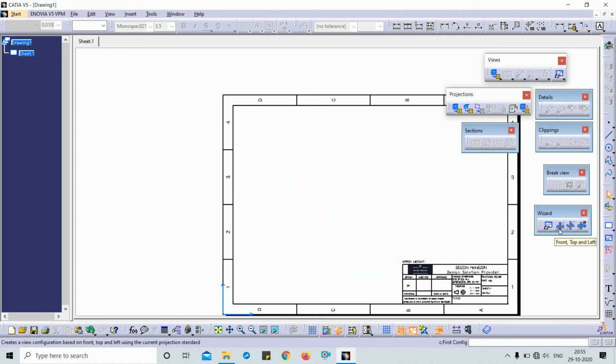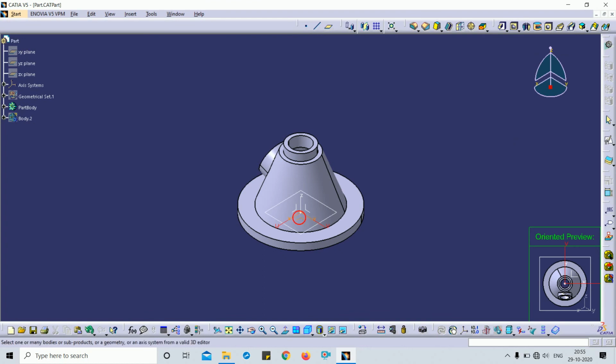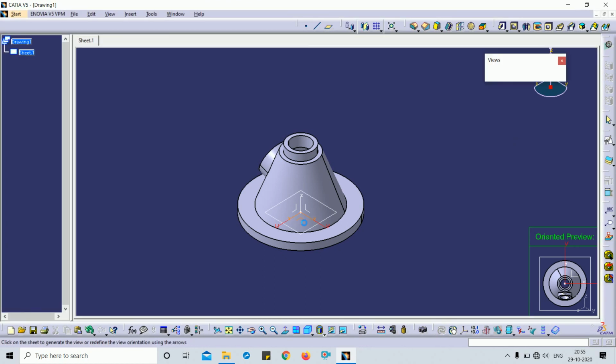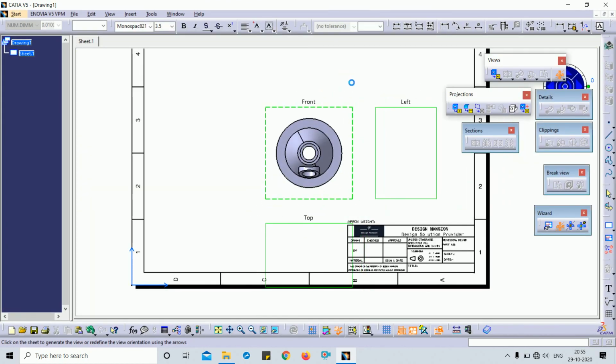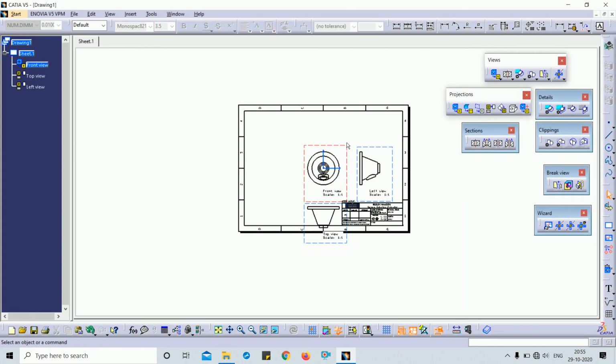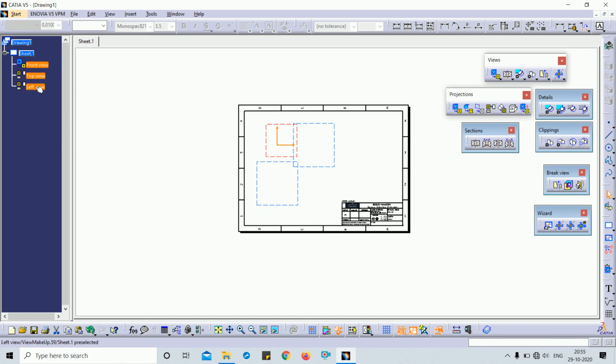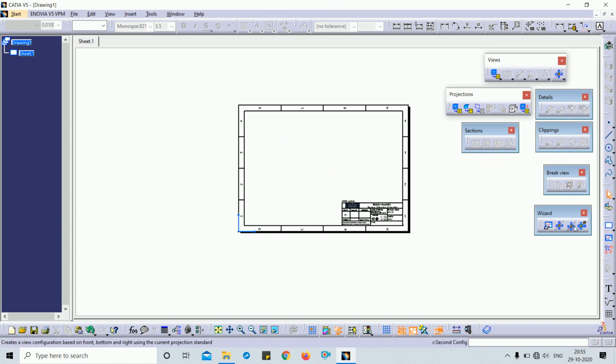For example, next one is you have to put the front view, top view and left view. I just select this and click on the axis. You can see this kind of view you can put in the drafting in one click. So next one is bottom view, front view, right view, and next one is all views.